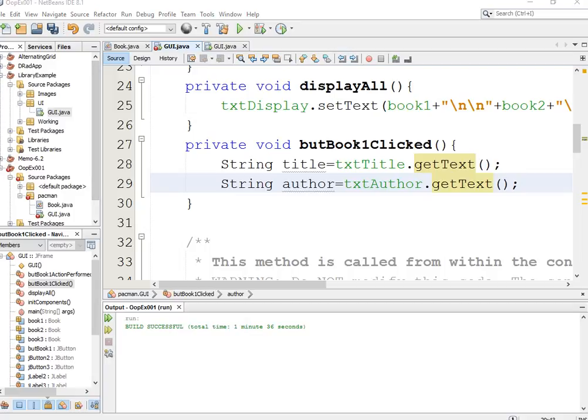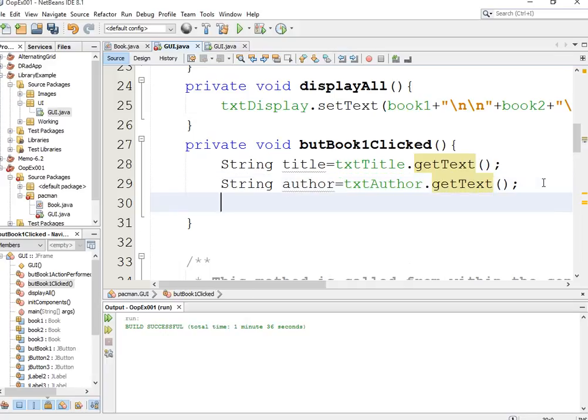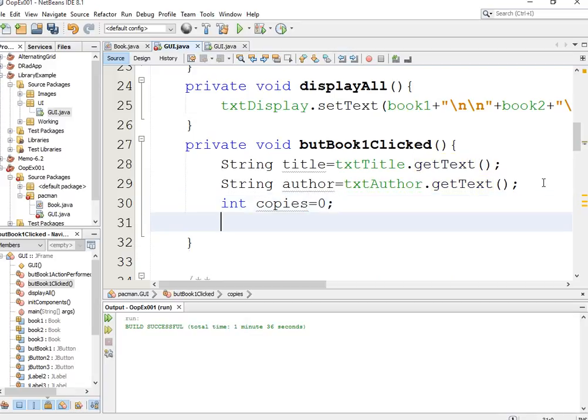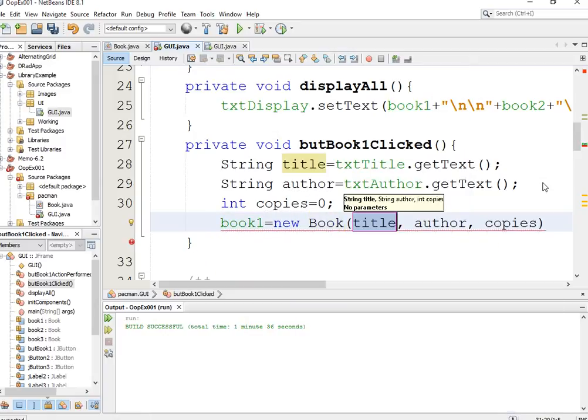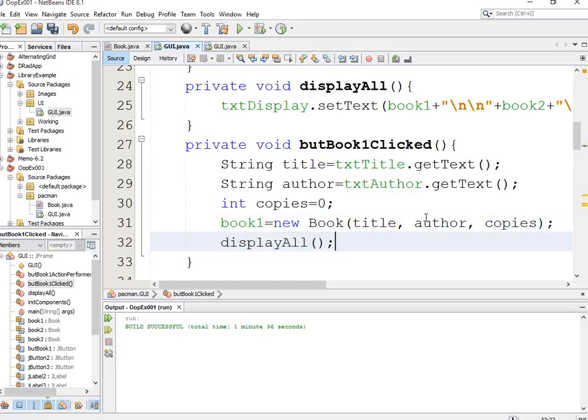Okay, guys, let me just quickly finish this. It won't be long. The last thing I want is a number of copies. I'm going to talk about how to get the copies at another stage. But for now, I could then go book1 is equal to new Book, and I can send through the title, the author, and the copies. Then I'd want to update my display, all, and now, when I run it, you'll see that